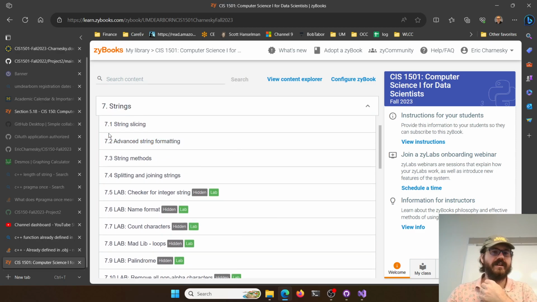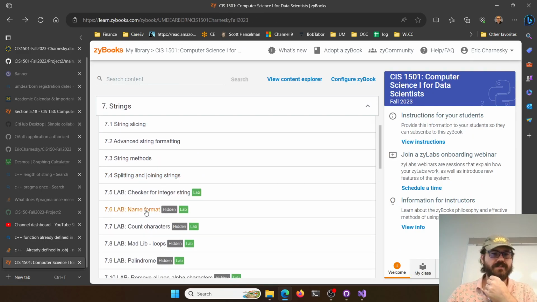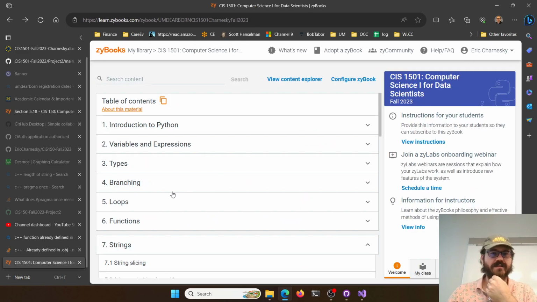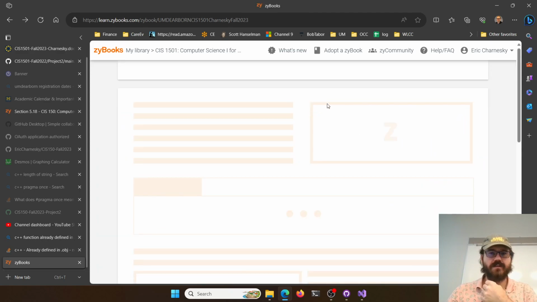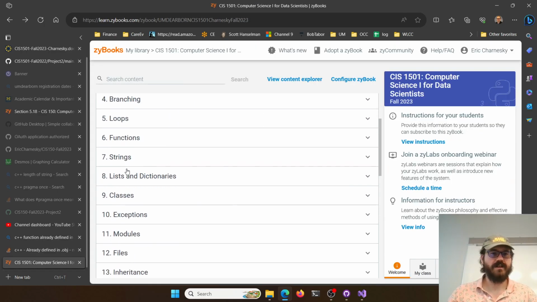There's only like four sections here, so I'm gonna turn on these ones here. Integers and names and counting characters. This one's fun. Counting characters is great. Come on, load. It didn't load.